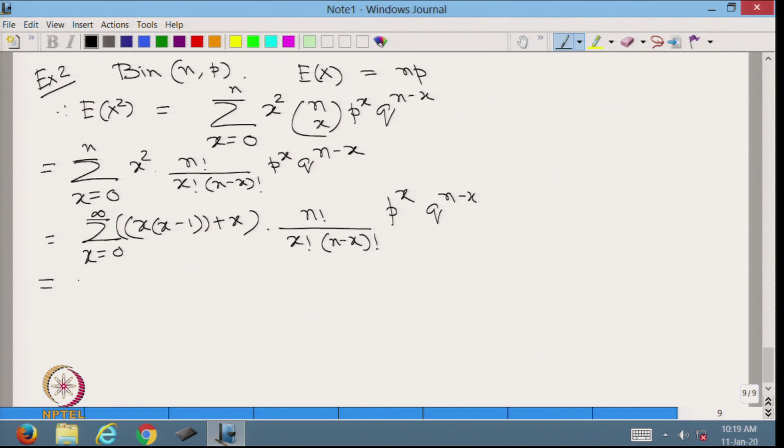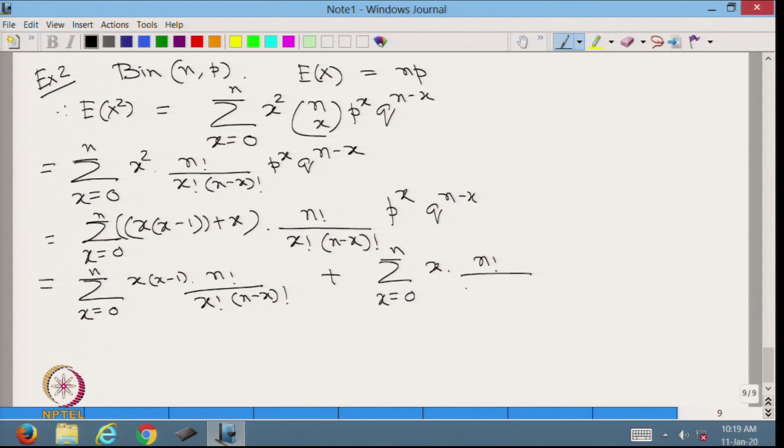This is equal to sigma x equals 0 to n of x into (x minus 1) into n factorial over x factorial (n minus x) factorial, plus sigma x equals 0 to n of x into n factorial over x factorial into (n minus x) factorial, p to the power x q to the power n minus x. This part is,